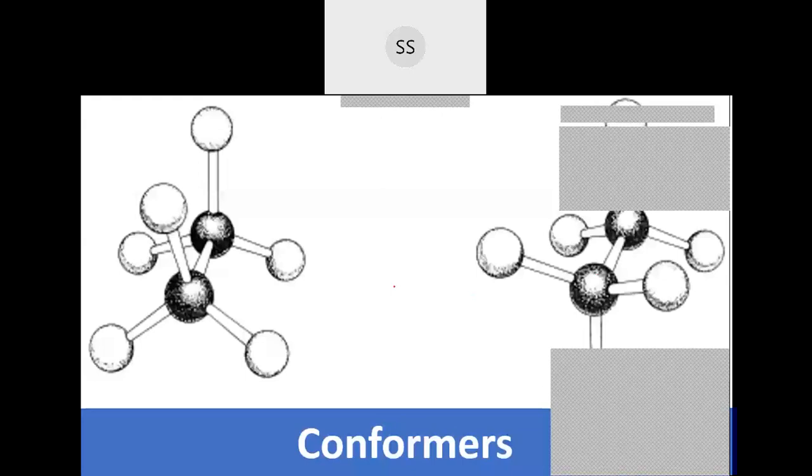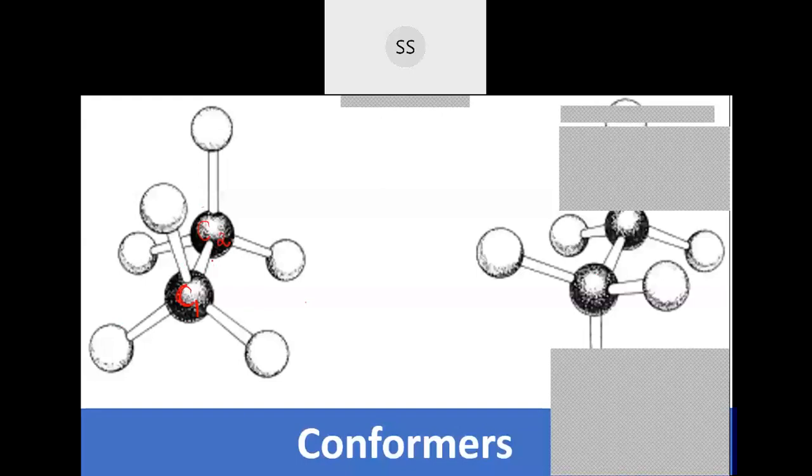See here again, one more picture I have taken. These two will be called conformers. Now see the first arrangement. This is the front carbon, I'll label it as one, and this is the second one. You can see now both are aligned to each other, parallel to each other. If you take the front one, it will hide the one behind because they are in exactly the same alignment. So one can hide the other.